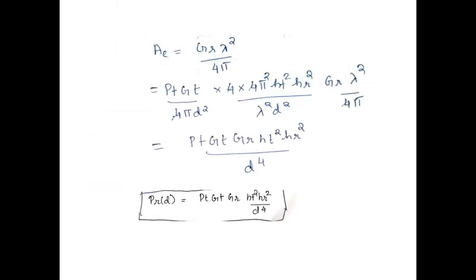So this is how the total value for the received power at a distance of d is given in the case of the two-ray model. If we want to find out the path loss, what will be the path loss? That is the difference between the transmitted power and received power. That also we can find out from this particular equation.